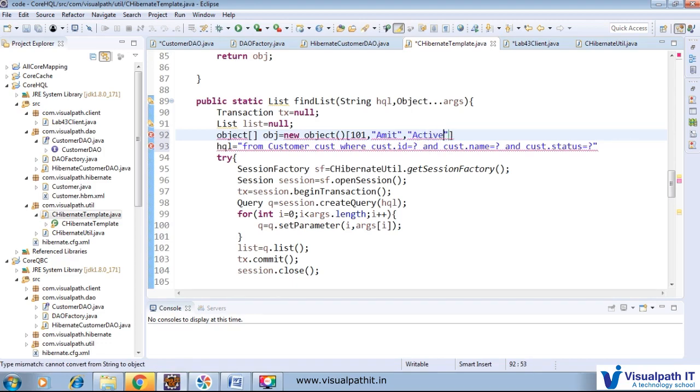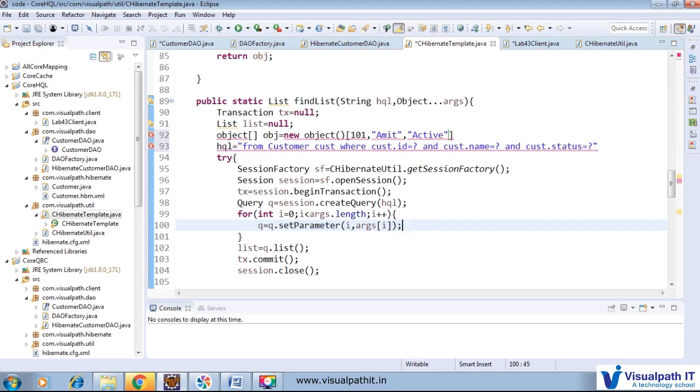So now we have three objects in this where argument. Here the loop will run three times and call set parameter: at the 0th location it will set 101, at the first location it will set Amit, and at the next location it will set active.